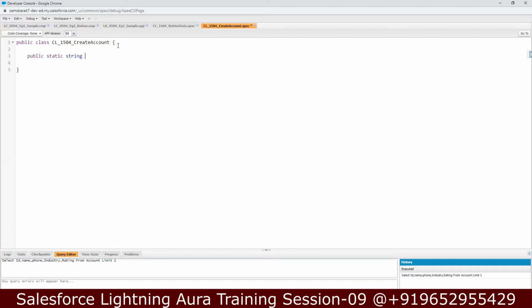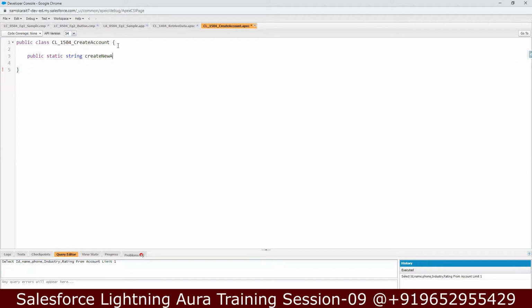The business logic inside this method is creating a new account. This time we'll pass parameters. Let me use the parameters: I need a string name,